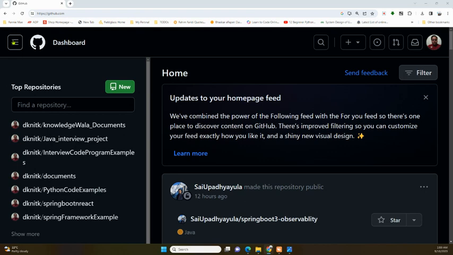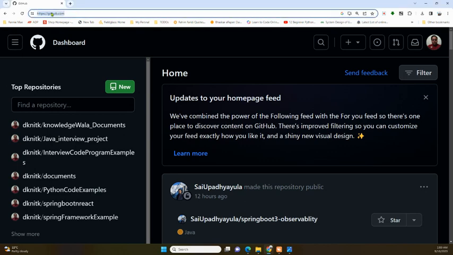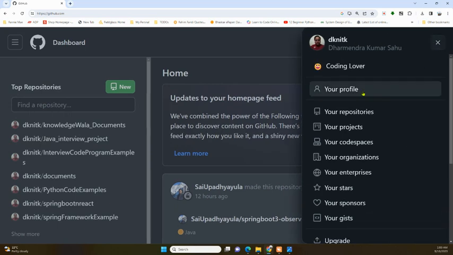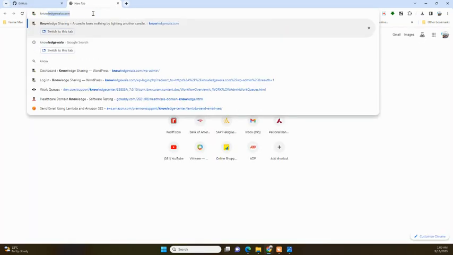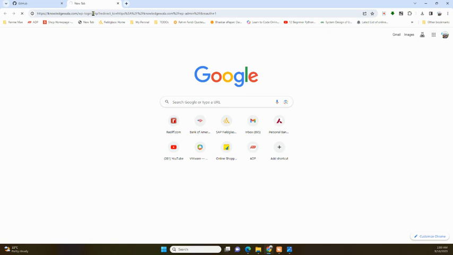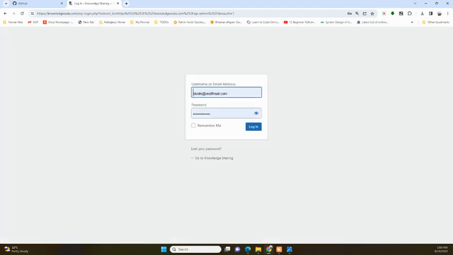So this is my GitHub repository. You have to go to github.com and search my name, DKNITK. If you search DKNITK, then you will be able to access my GitHub account. If you don't have the account, you can go to knowledgeola.com. That is also one way to find my GitHub repository. So once you are on the knowledgeola.com website, then click on,